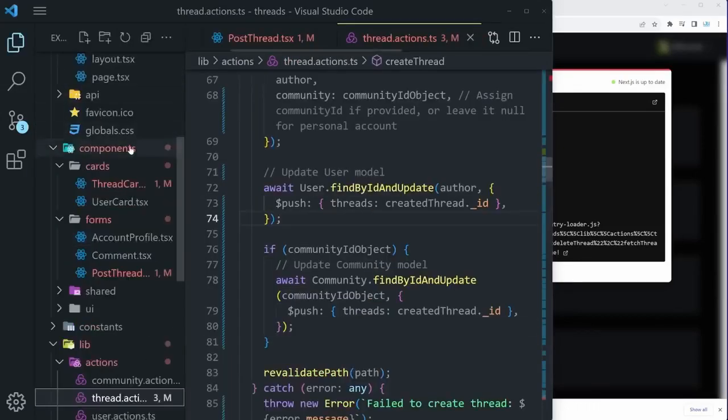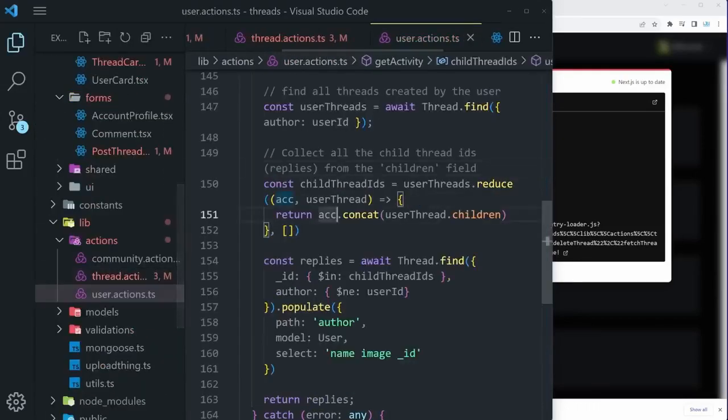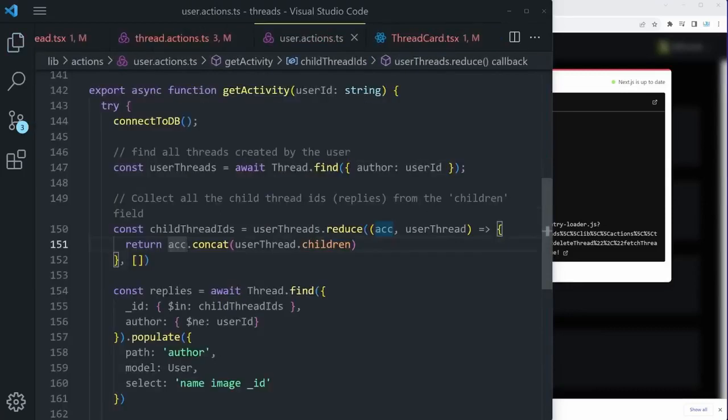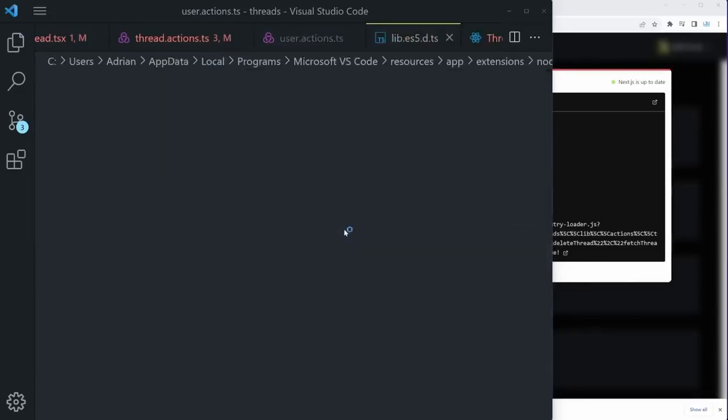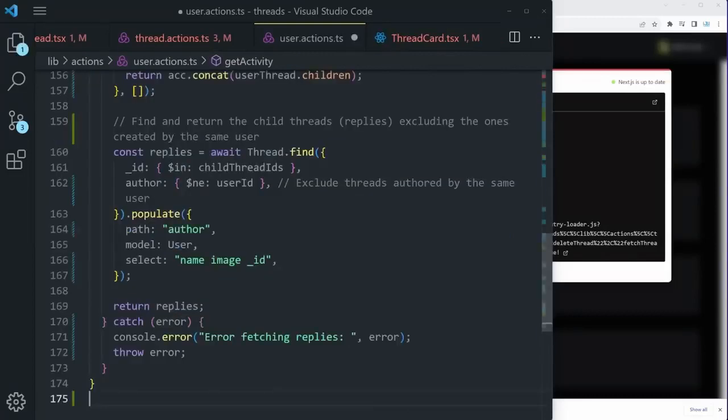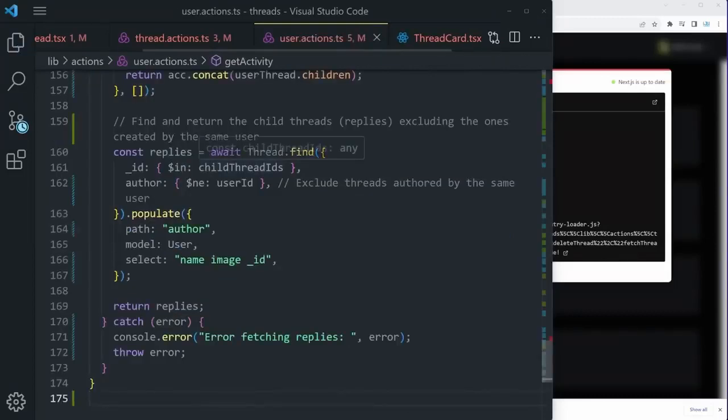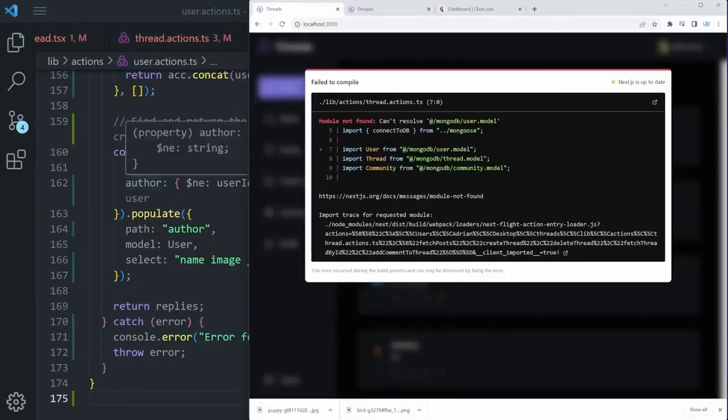And then for user actions, I believe not a lot will be changed because this actions file is mostly relating to the threads itself and the possibility of creating threads. But just to be sure, in that same GitHub gist, there's also going to be the updated user.actions.ts, which you can simply copy and paste right here. That way, we're ensuring that we're all on the same page